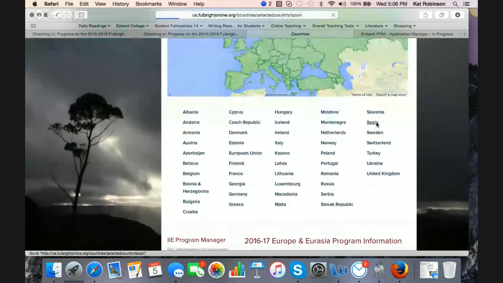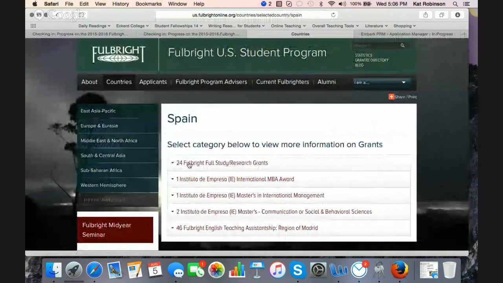If you take a look under countries at Spain, you will see that they offer 25 study or research grants, 1 MBA award, and 1 Master's in International Management. They also offer 2 Masters in Communication and Social Behavioral Sciences and 46 ETAs, all within Madrid or the region of Madrid.